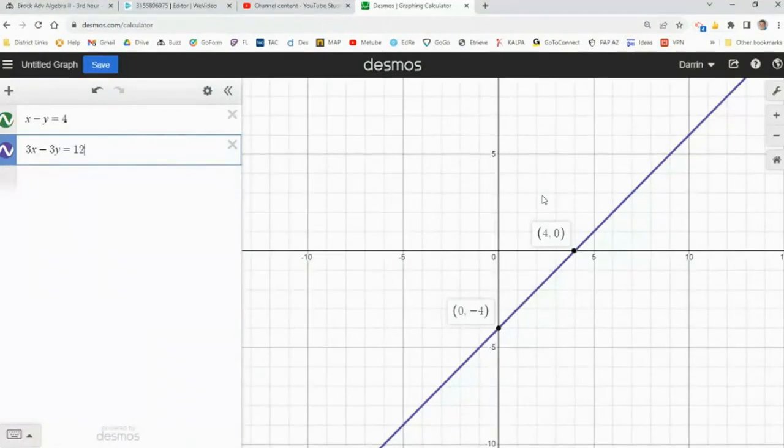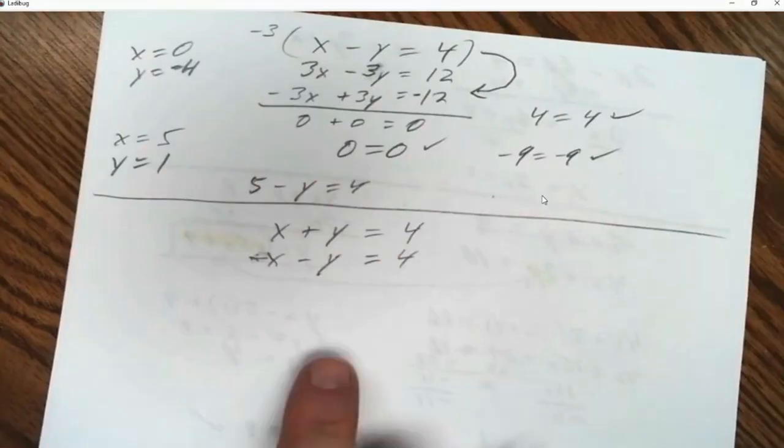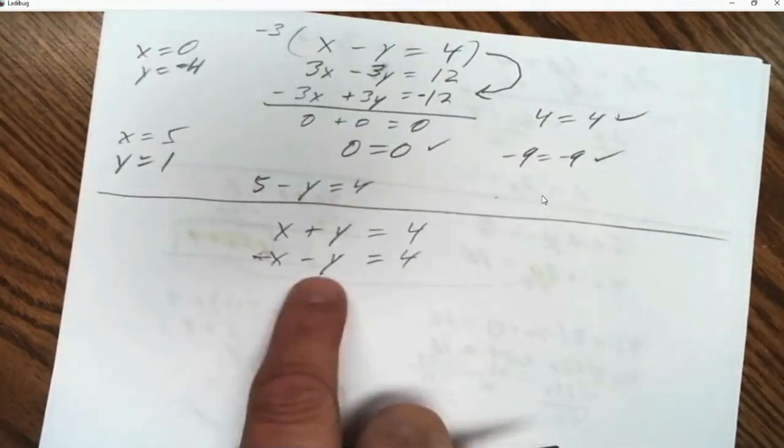No. We try that. -X, -Y. Yeah, let's try this. -X. If we have X plus Y equals 4 and -X minus Y equals 4, and we solve that, we've already